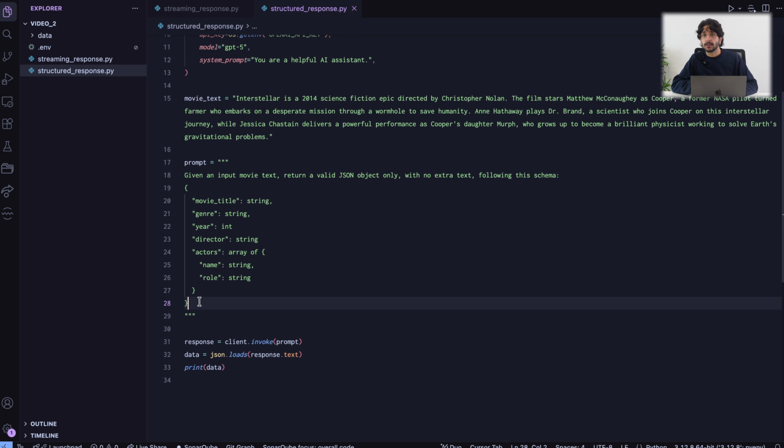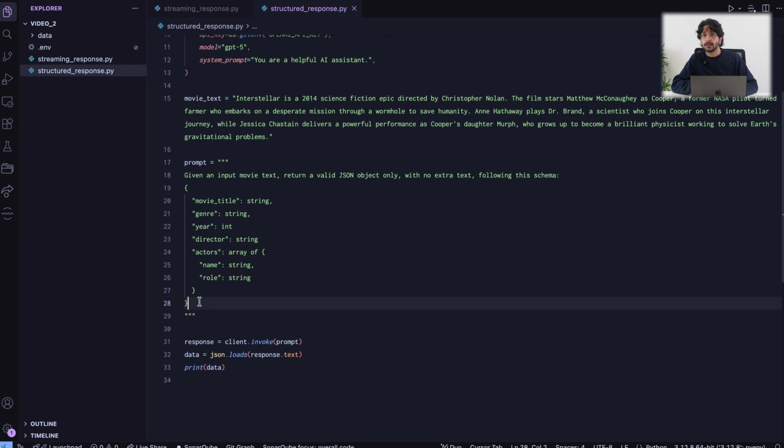To do this, we need the Pydantic library installed. If you don't have Pydantic installed, you can just do pip install pydantic. I already have Pydantic installed, but you may need it. Pydantic is not part of Datapizza AI, it's just a very popular Python library that has nothing to do with the framework. But still, we are using Pydantic because it's very robust and helps us create very strong data types in Python. So now, instead of providing the JSON in a prompt, we create a Pydantic base model.